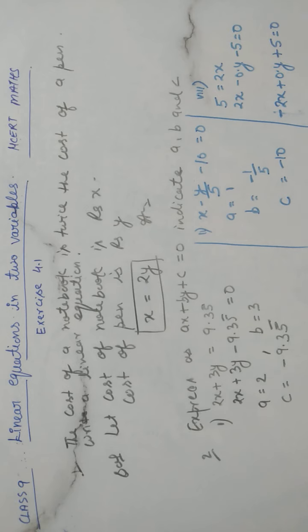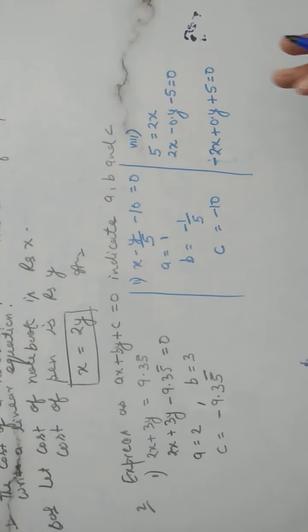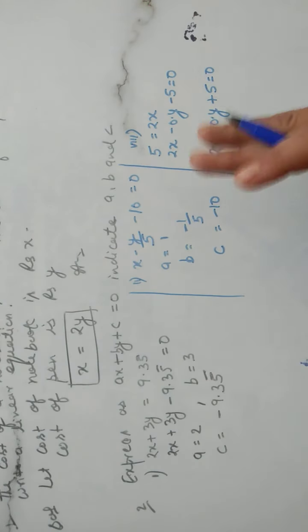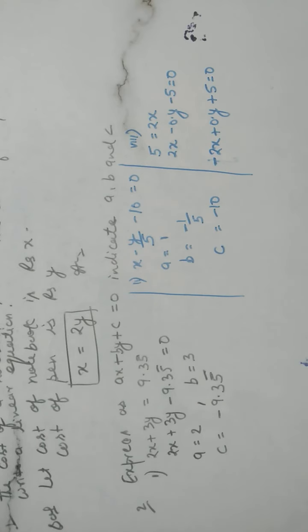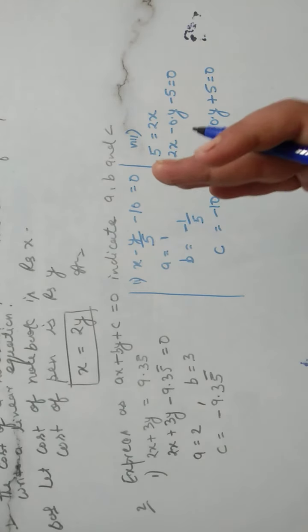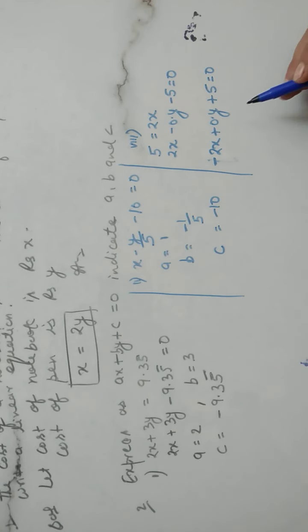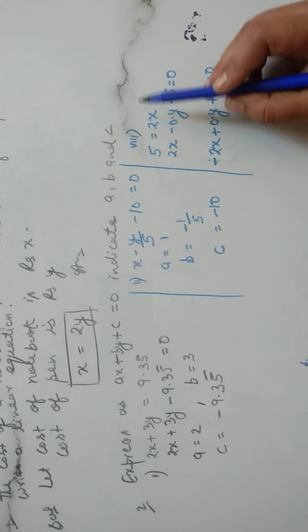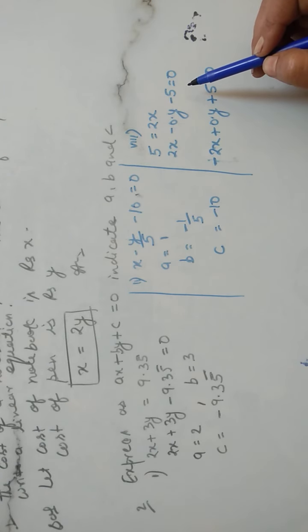So why are we making these two statements in this form? Let's discuss. Just see, we need to change the position. We can take all the terms to the right hand side or to the left hand side. Here I am taking this 5 to the right hand side. There is no problem in changing their position. You can take 2x with 5 or you can take 5 with 2x. Just see where the difference is created. 2x is here only, and when we change 5 to this position, it is minus 5.